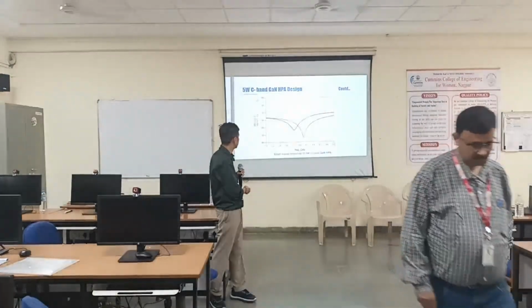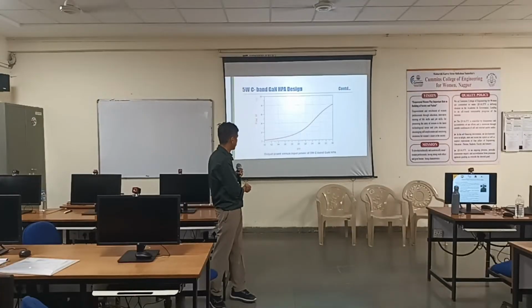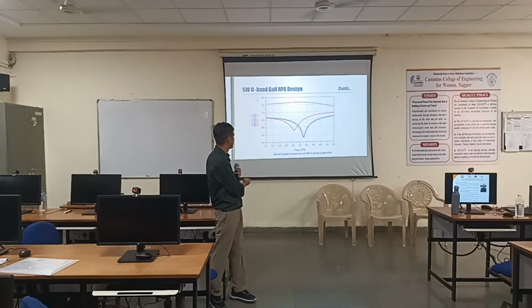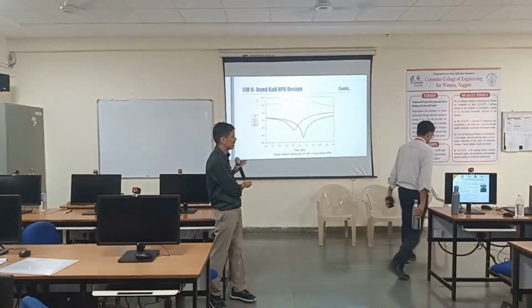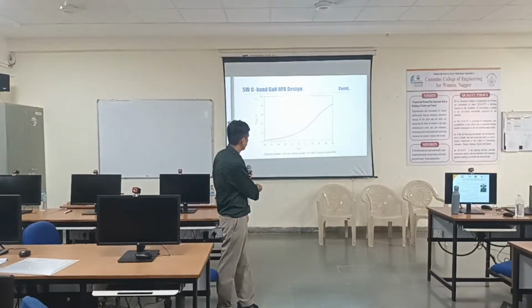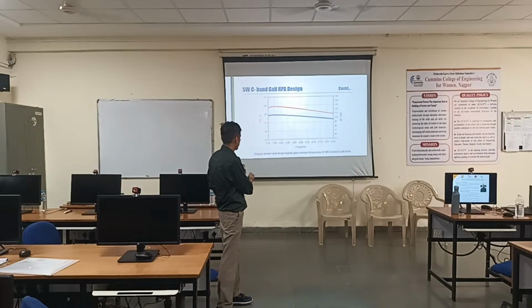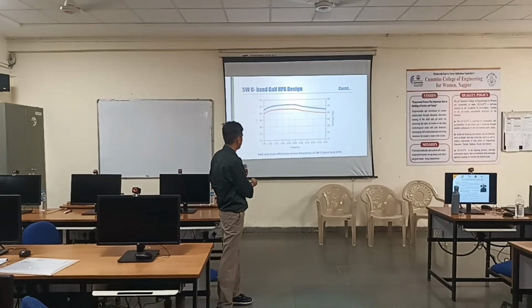These are the curves, gain and return losses. Return loss we wanted to keep less than -10. So right from 3.4 or you can say 3.5 to 4.2 gigahertz, or even 4.1 gigahertz, we could achieve the requirement. Output power, again we could meet over the input frequency. PAE over the input frequency. This is output power in watts and gain in dB over the frequency. And in dBm output power, this is PAE and drain efficiency.